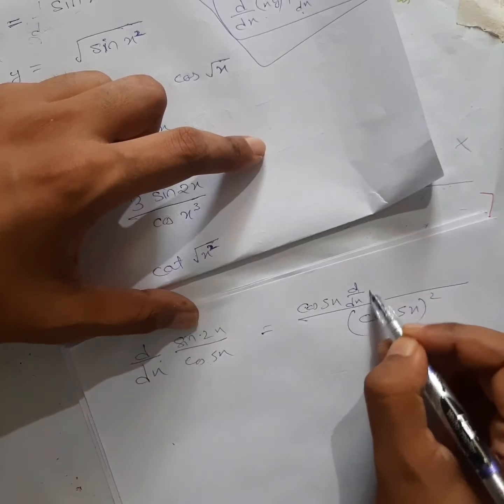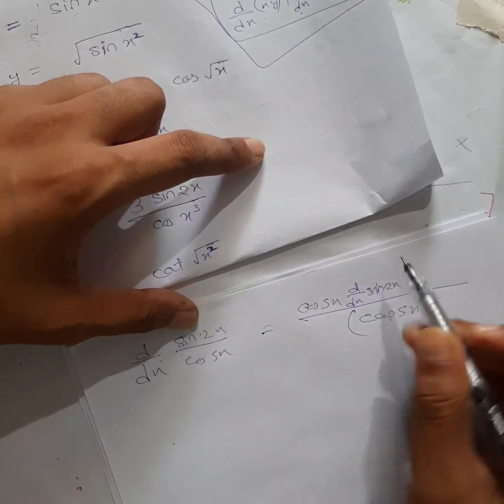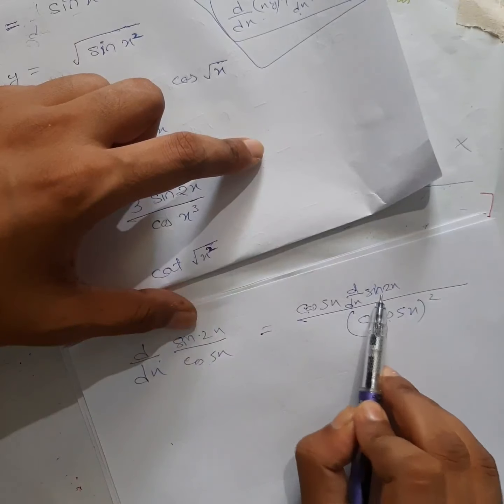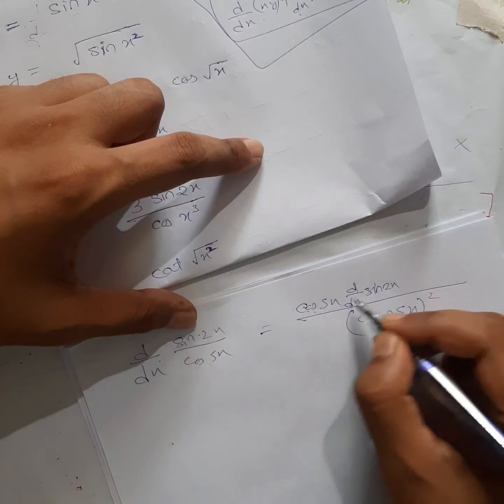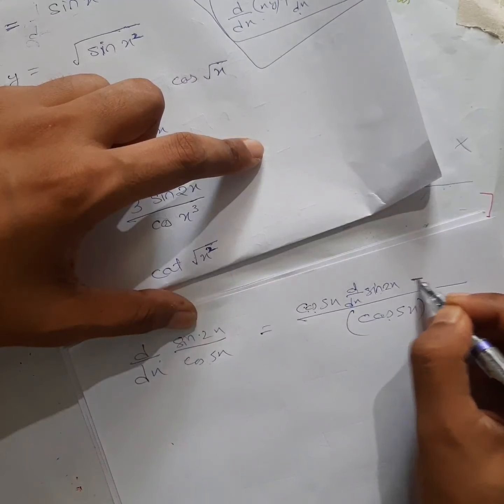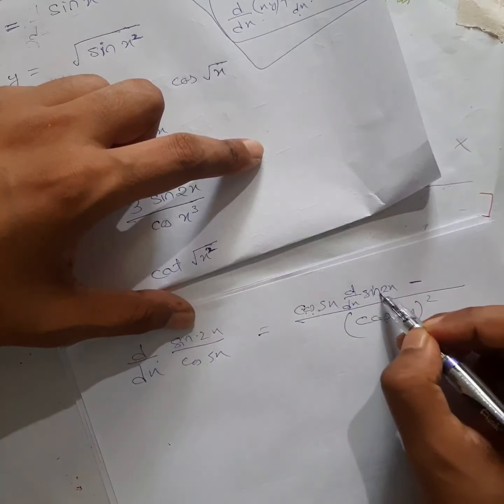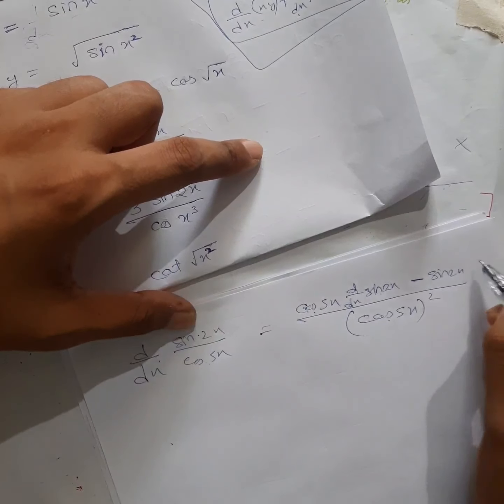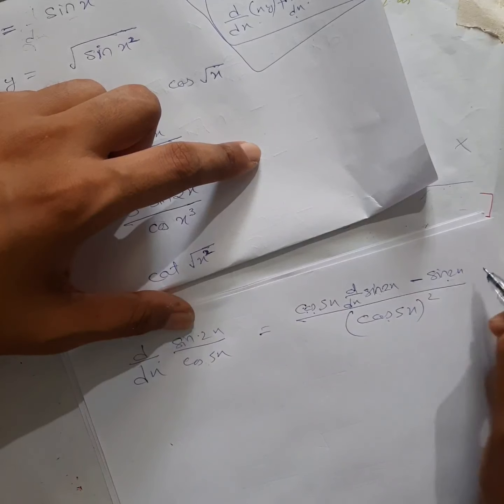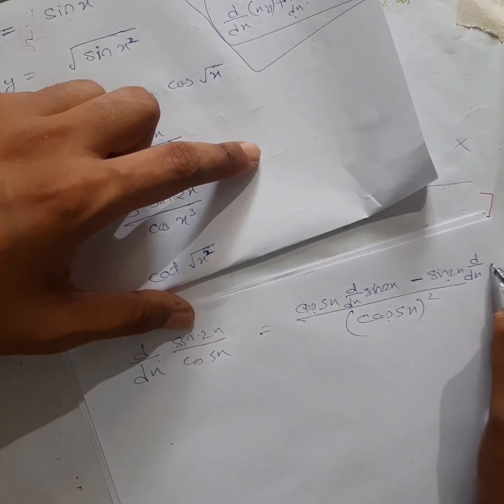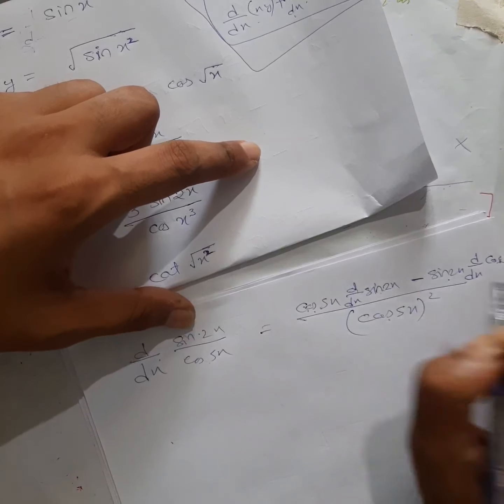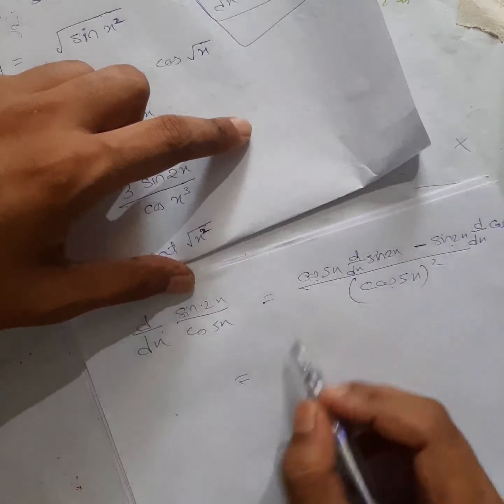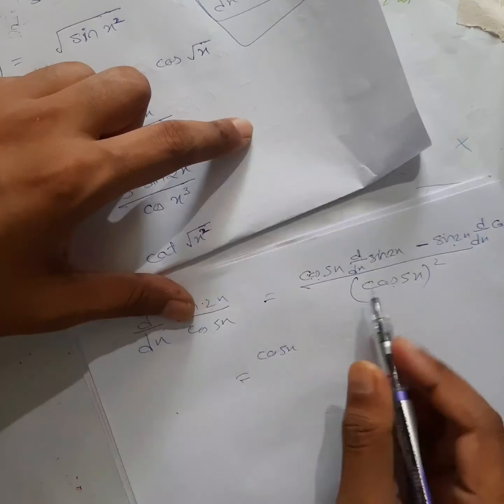So here we will leave v as it is, cos 5x, and u we will differentiate, right? So d/dx of sin 2x, u differentiate, v differentiate, u minus, now this we will differentiate and this we will leave as it is, 2x, right? U we keep as it is, v we differentiate here, cos 5x, okay? So what will you get here? Cos 5x, differentiate this one.